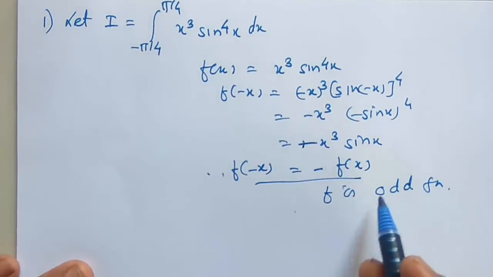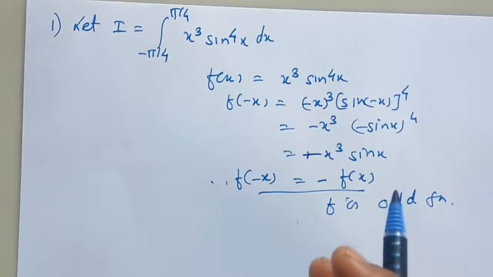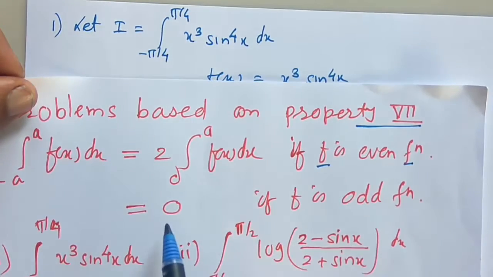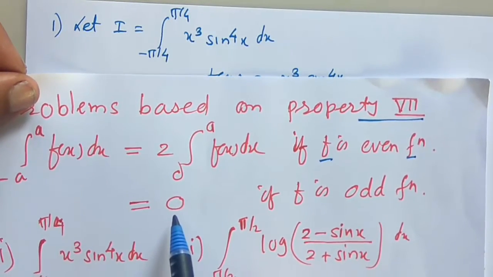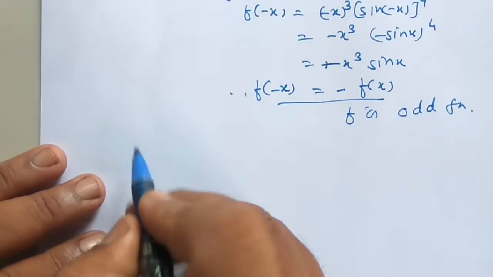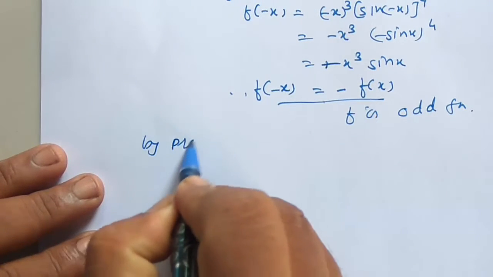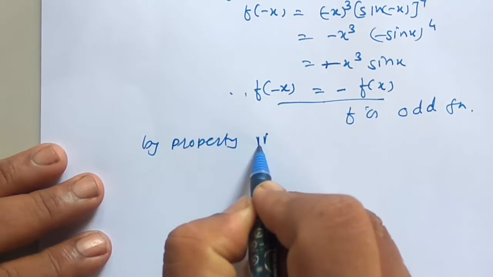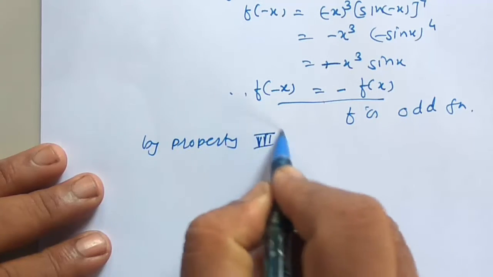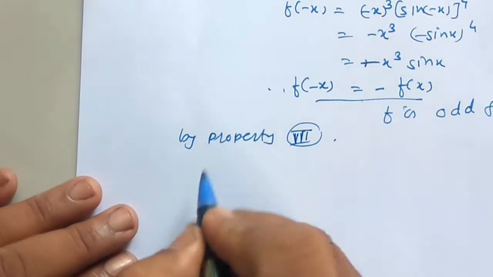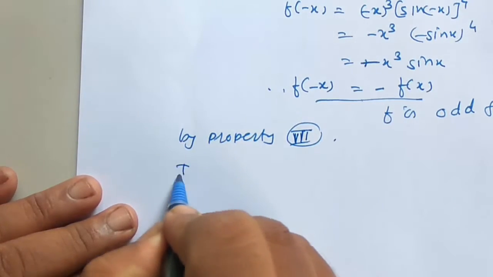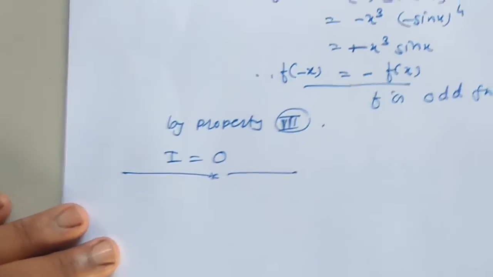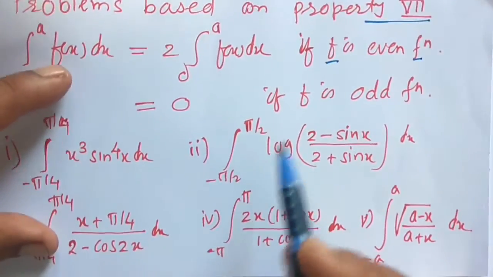When f is an odd function, then by property 7, the value of the definite integration is 0. And therefore, by property 7, here I is equal to 0. So this is the value. Number 2,